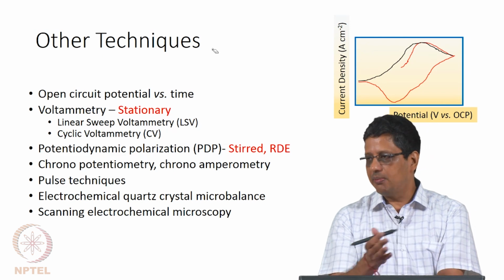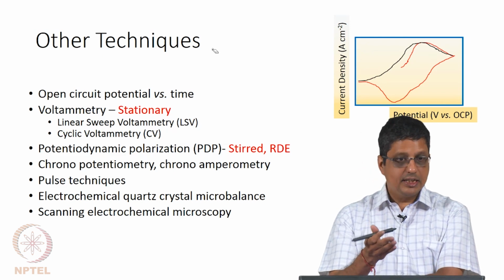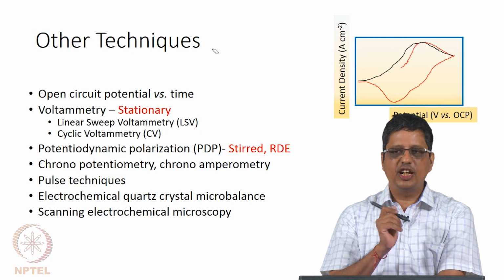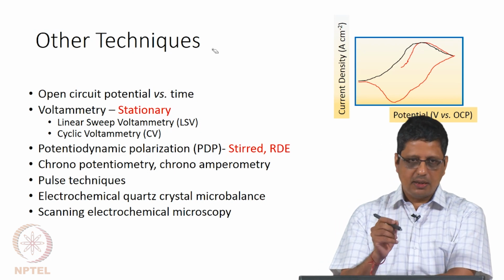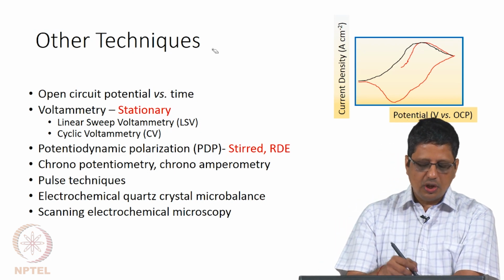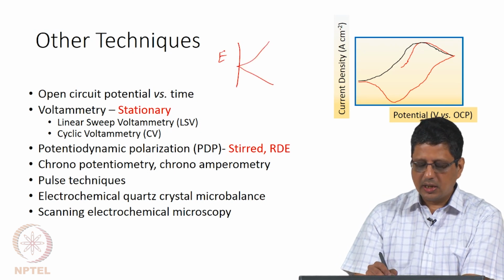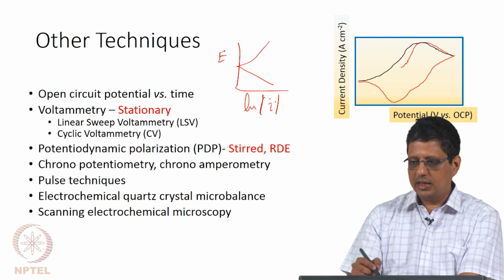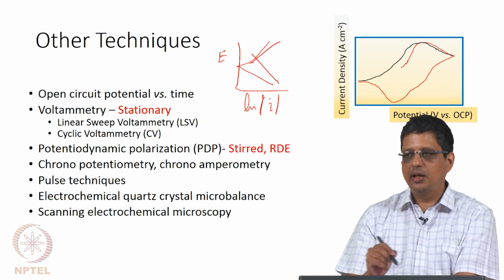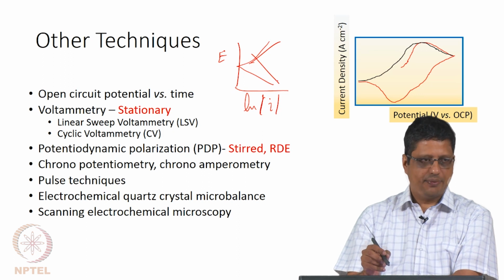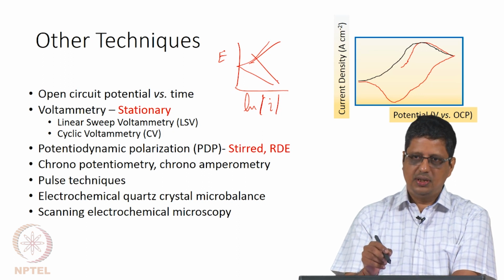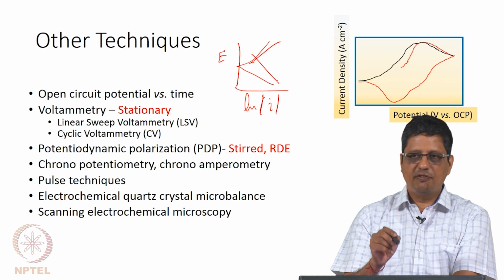You can specify 100 millivolts per second. It will run, but it is not going to be correct for interpretation of the data. Because in the potentiodynamic polarization, usually people will take this and do a particular analysis where E is plotted here, log of the absolute value of the current is plotted here, and they would do a particular extrapolation called Tafel extrapolation. That analysis assumes that all the current comes because of reaction.